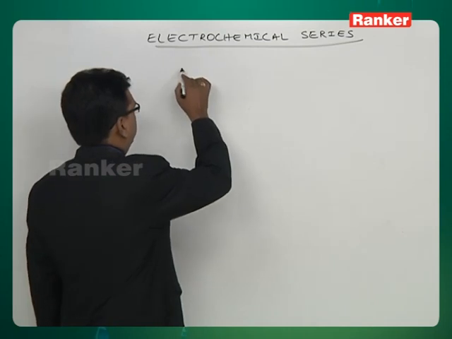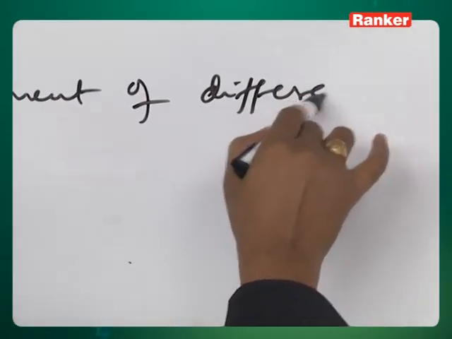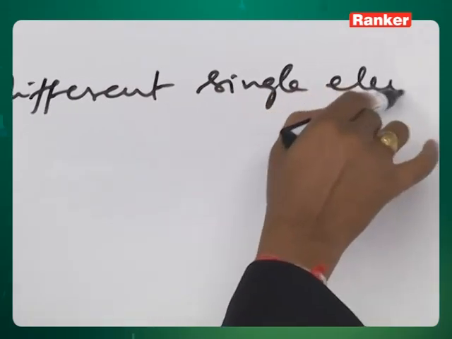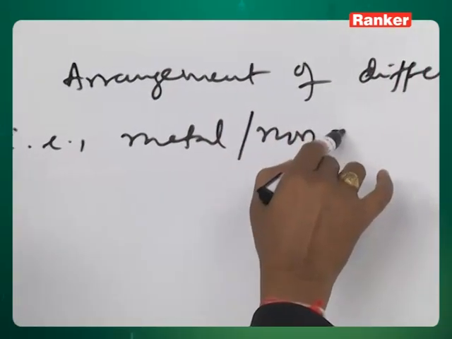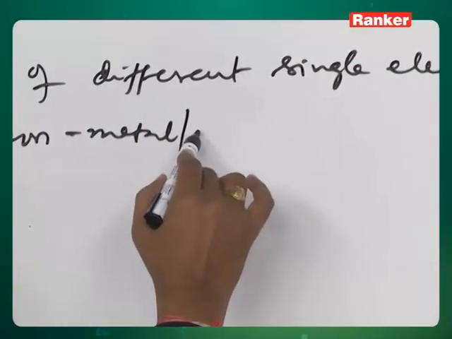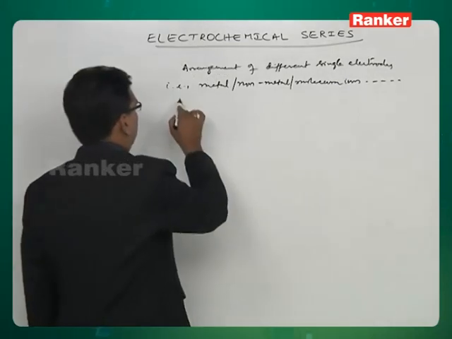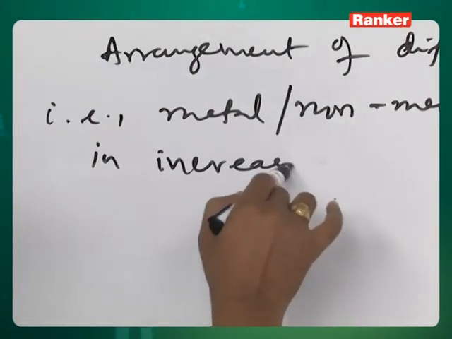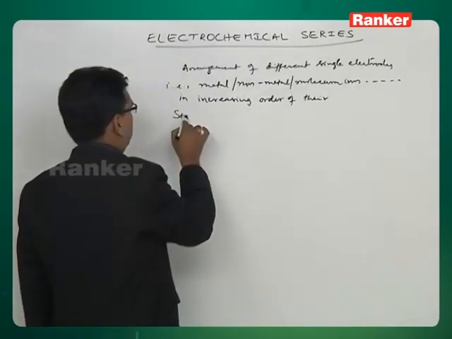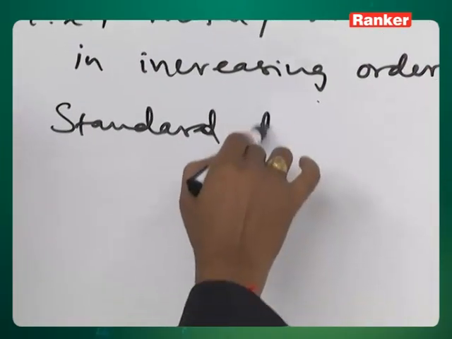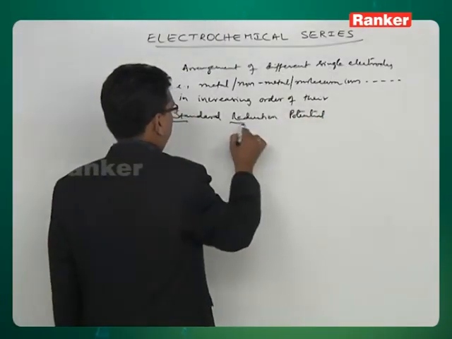The electrochemical series is nothing but an arrangement of different single electrodes, that is metals, non-metals and some molecular ions, etc., in increasing order of their standard reduction potential, SRP,